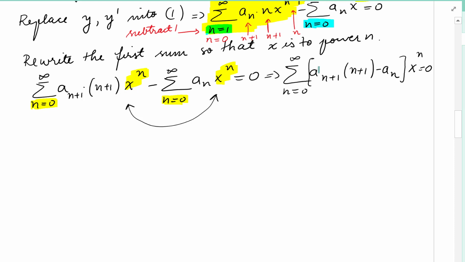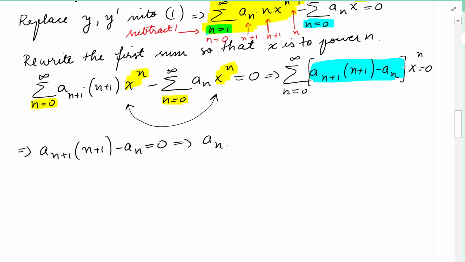So our coefficients have to equal 0 so that the power series equals 0. That means a sub n plus 1 times n plus 1 minus a sub n equals 0, which means I can write a recursive formula, a sub n plus 1 equals a sub n over n plus 1,